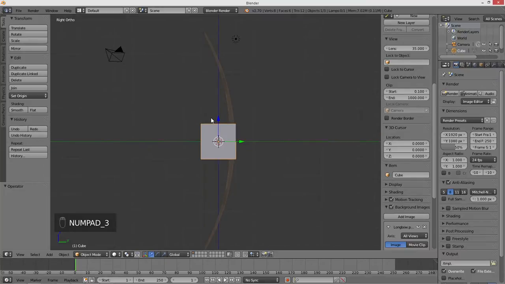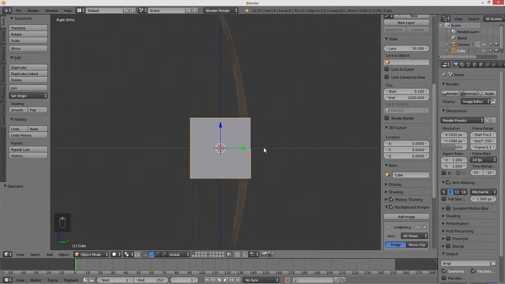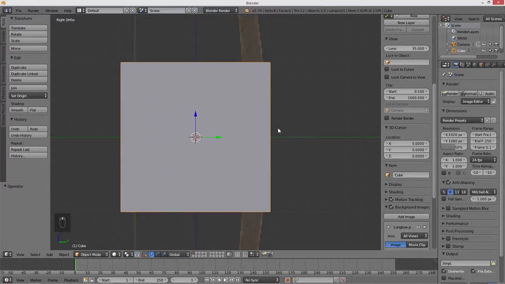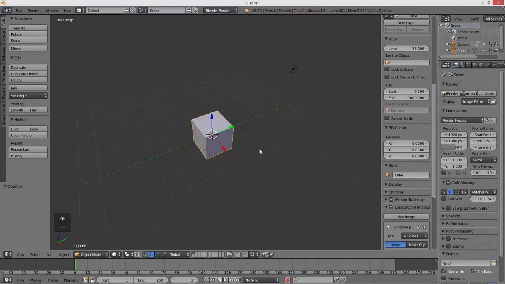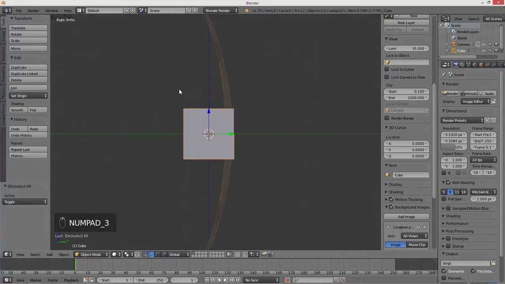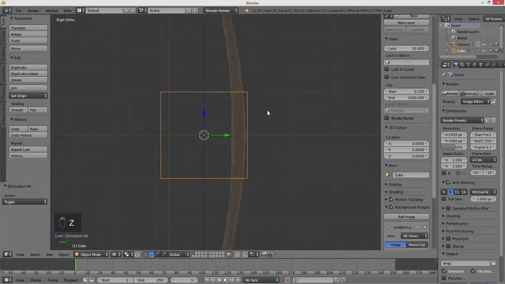Push numpad 3 to get into your right view mode. That's where we're going to be most of the time during this video. Now select your cube. You'll know if it's selected because an orange border appears around it. Select your cube, numpad 3 to go into right view mode, then hit Z for wireframe mode,